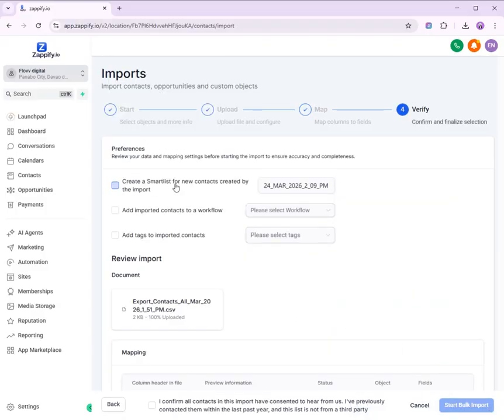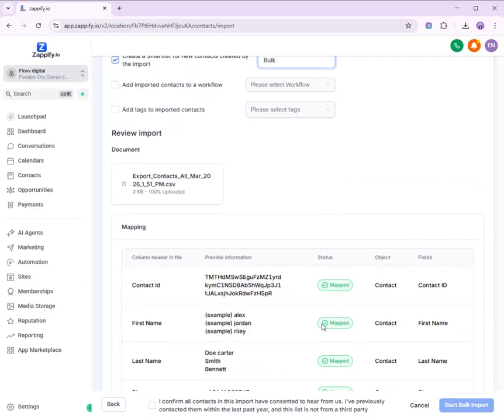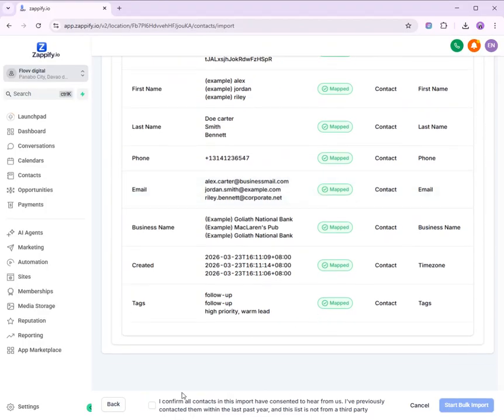So preferences, click create a smart list for new contacts created by the import. Here you can rename your smart list name for this bulk import. Say for example, bulk. Once it's done, check this confirm all contacts and start bulk import.